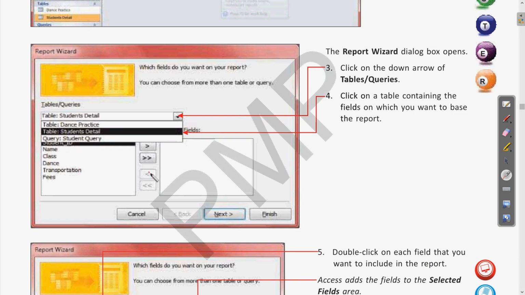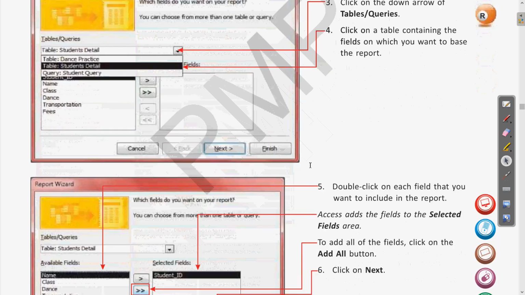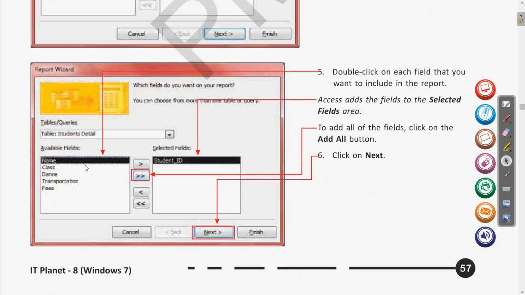From here we can move the fields which we want to be included in our report. For this we have the arrow key. If we want to select all of these fields, we can click on this double arrow. Clear? So using this we can move the available fields to the selected fields.